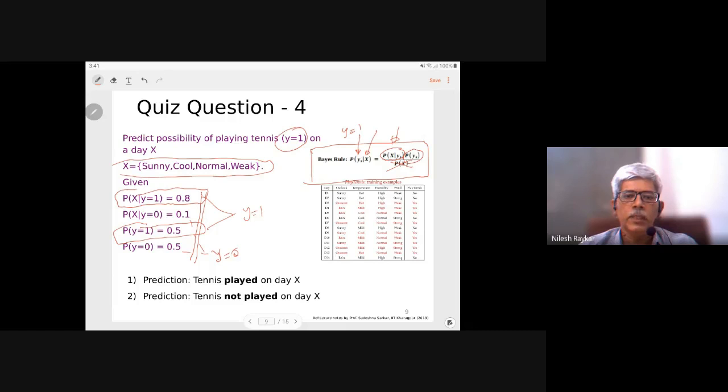So when you are using Bayes theorem, you have to do two calculations, or you have to calculate two probabilities if it is a binary classification problem. One is the probability of y equal to 1 using Bayes theorem and another is the probability of y equal to 0 using Bayes theorem. And as I said, the denominator term we need not consider because that is the same for both the label types.